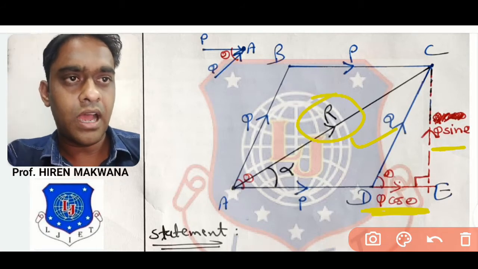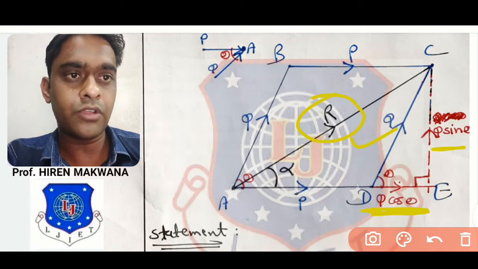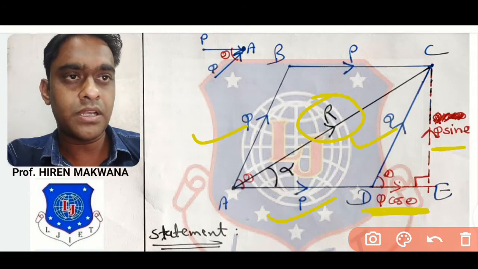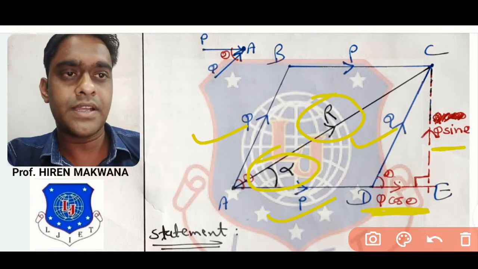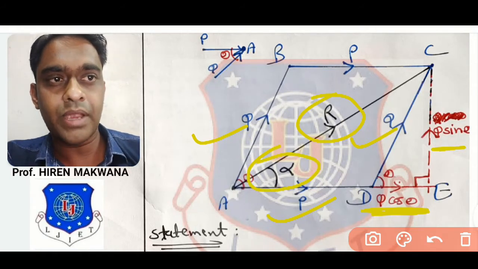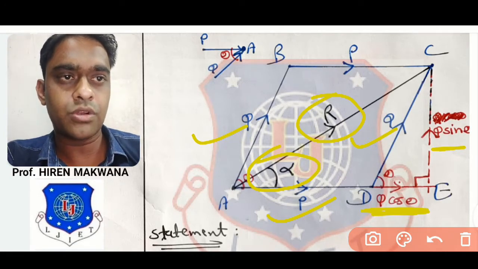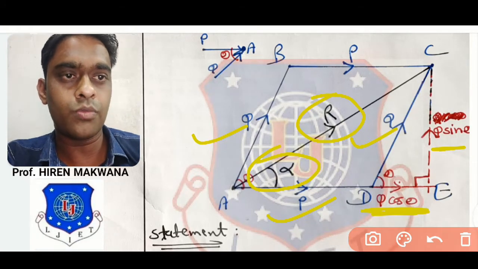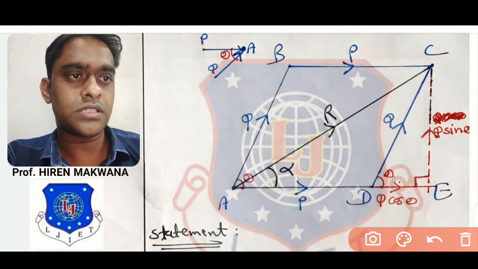Now what is R? R is the main important resultant force. What is resultant? It is the effective force of P and Q. So R will represent the magnitude of the resultant force of P and Q. Now what is alpha? Alpha represents the direction of the resultant. It means the direction of the resultant force R from the horizontal axis, at how much angle the resultant will act. So this is the figure.